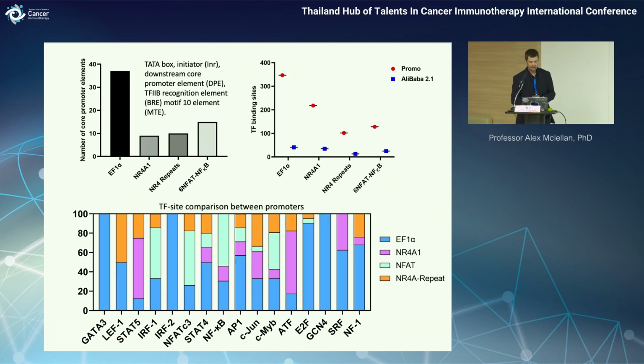So why is that? If you look at the promoter designs, you can see EF1 is really enriched in the core promoter elements, which is kind of like the engine, and there are upstream elements of transcription factor sites. EF1 is very strong. It's got the most transcription factor sites overall. And these other ones here don't differ that much between them in terms